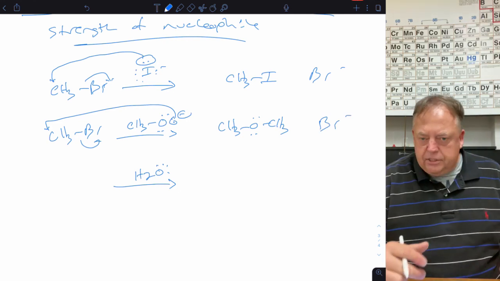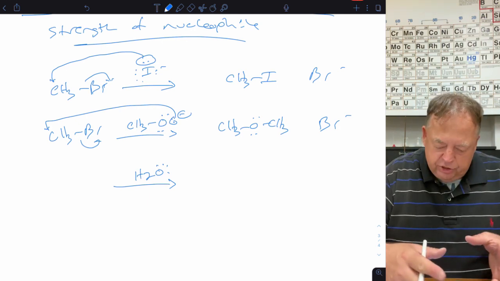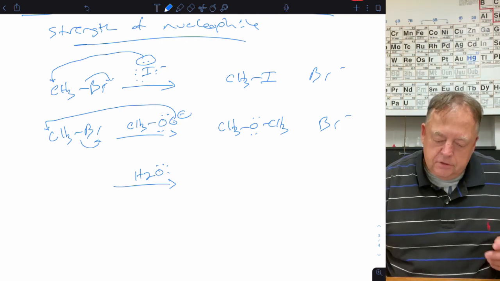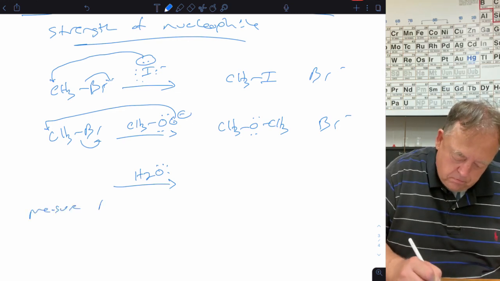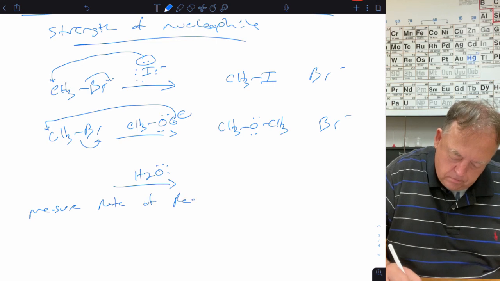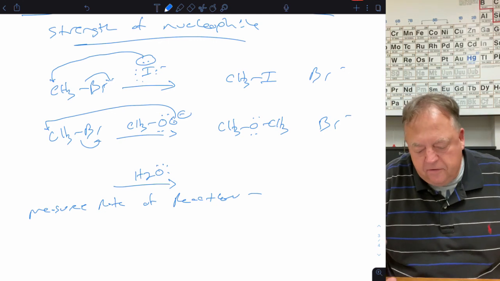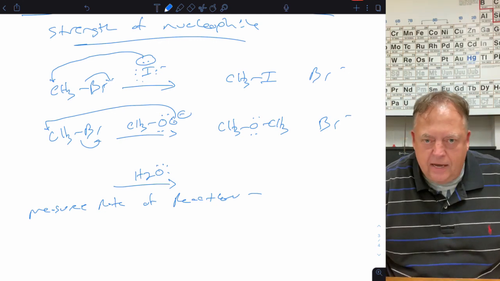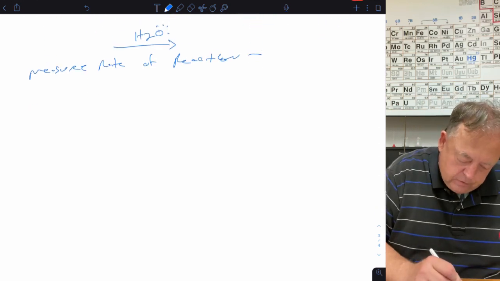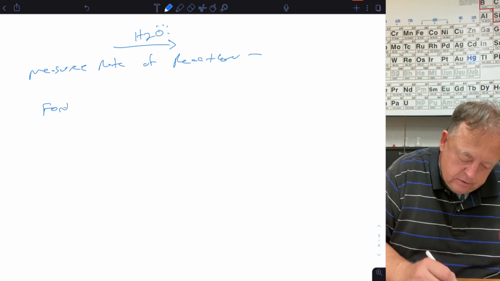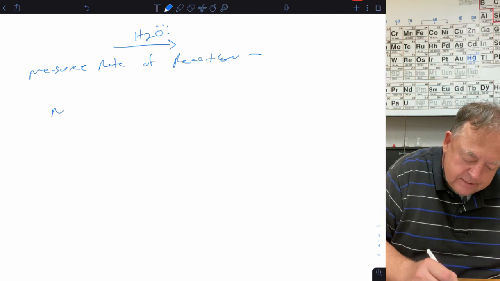So if you just set up a reaction with methyl bromide or methyl chloride, methyl iodide, it doesn't matter, and did the reaction with a bunch of different nucleophiles and then measured the rate of the reaction, well, the only thing that's changed is the nucleophile, so you can get a feel for which nucleophiles react really fast and which react really slow. So for an SN2 reaction, or just in general in terms of nucleophilicity,